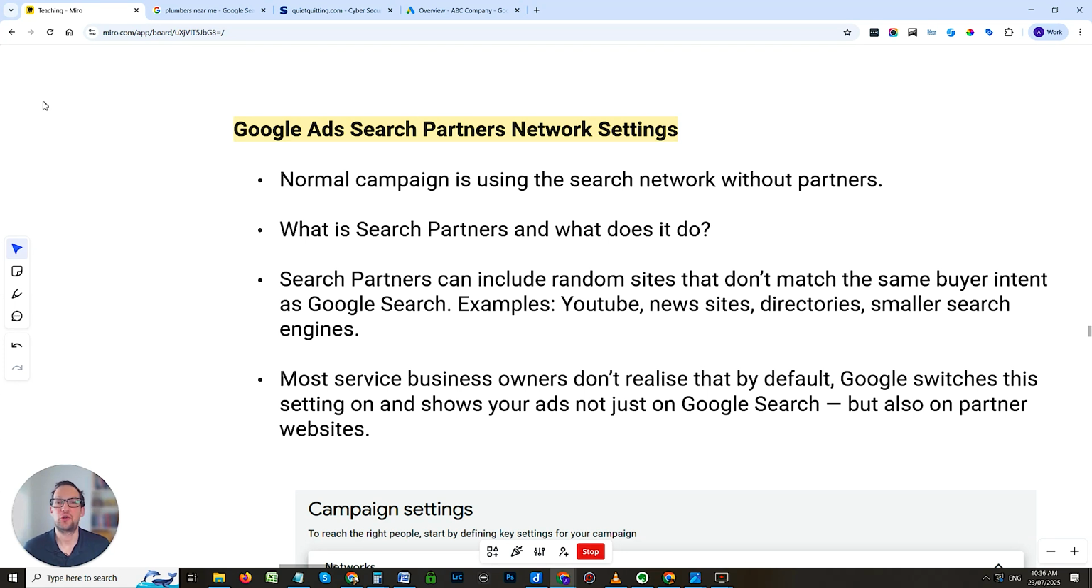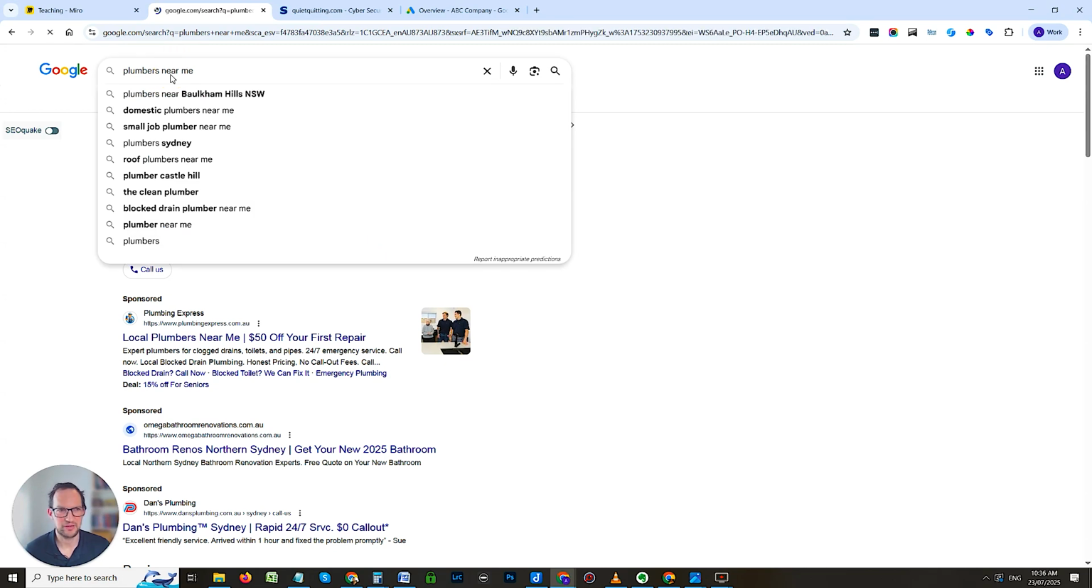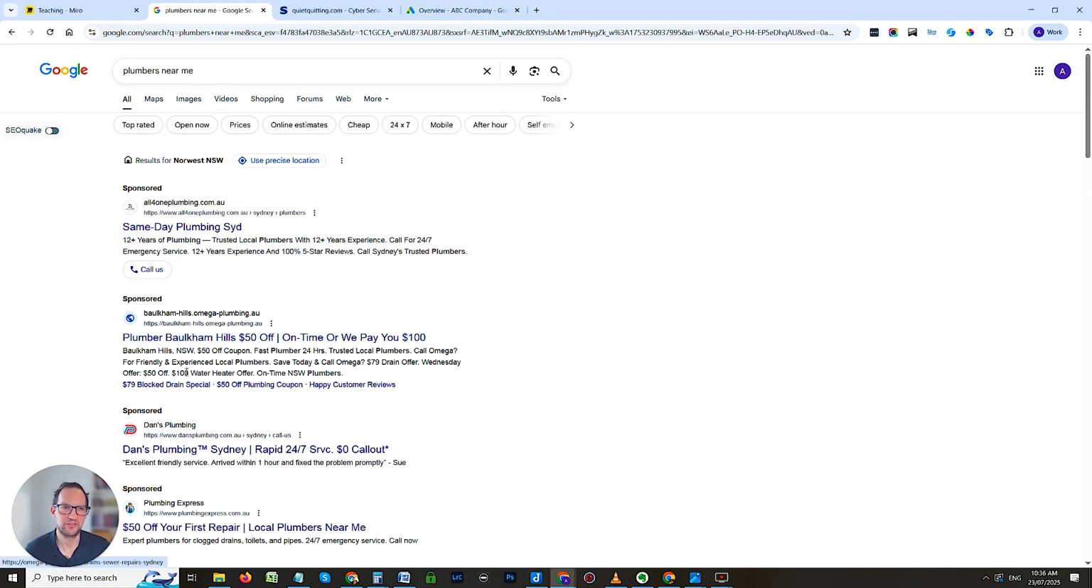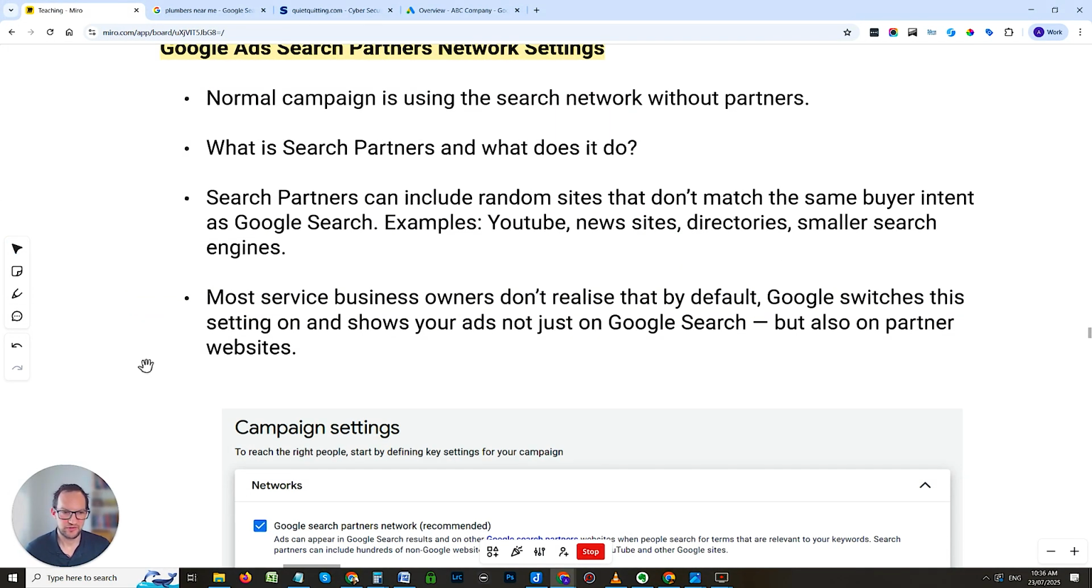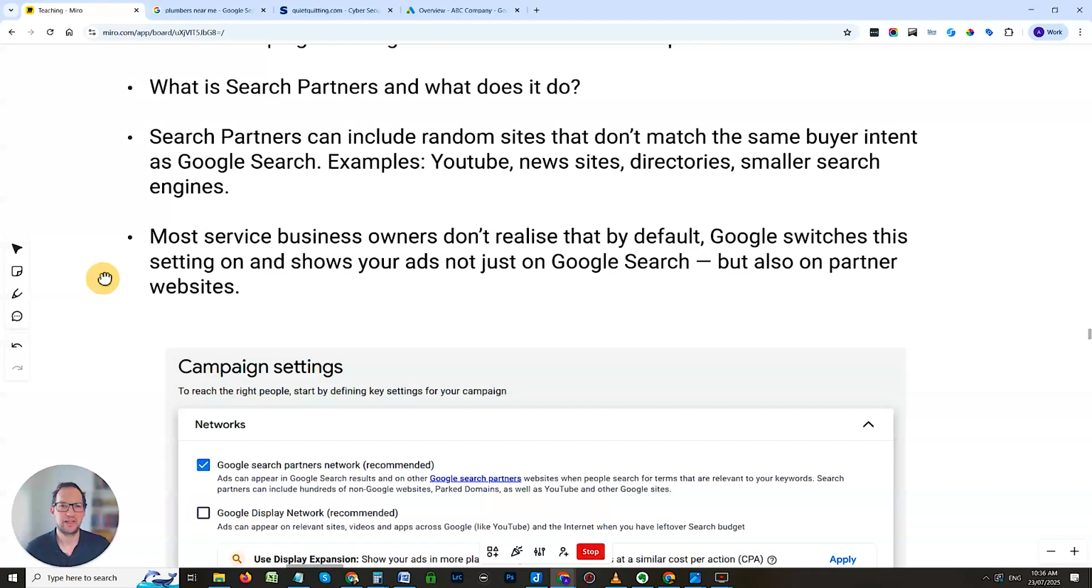What is Google Ads Search Partners Network? What does it do? What does it mean? I'm going to jump back a step and show you what a regular search campaign is. So when you come over to Google, if you type in something up here, these are your regular search ads. These are the ads that you want to run for any service business that wants to generate leads and qualified customers. Google Search Partners, on the other hand, which is this setting, is a collection of partner websites, and that can include YouTube, news sites, directories, smaller search engines, and they'll display your text ad on those